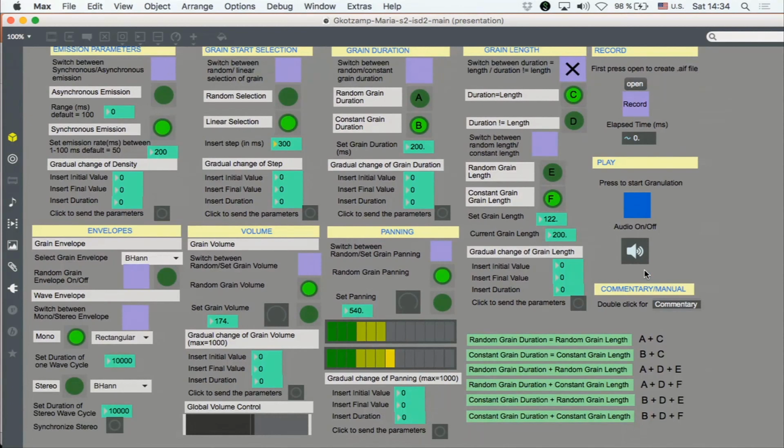So yeah, I made this tool. I was really interested in granular synthesis, but then I realized that I can't really use this. I mean, it looks terrible and it's just all number boxes and buttons. It's really not engaging at all. The engine itself is not something very special, but I wanted to give it a chance and try a different interface. Maybe something will change, something will be more interesting.